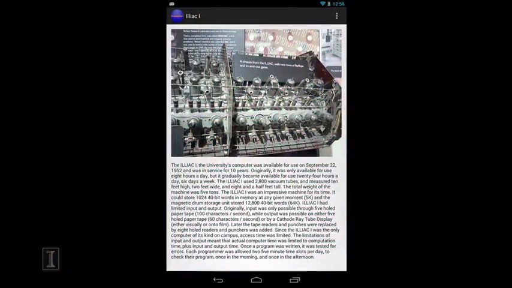Okay, we get a warning to say the type of file can harm your device. Do you want to install it anyway? I say yes, because I happen to know the author of this file. And it's starting the download. Okay. It's finished the download, and now I can install it. Yes, I'd like to install it, and let me open the file. And there we have our